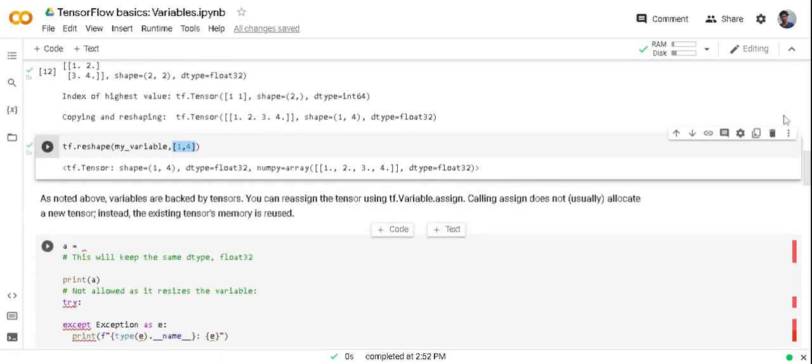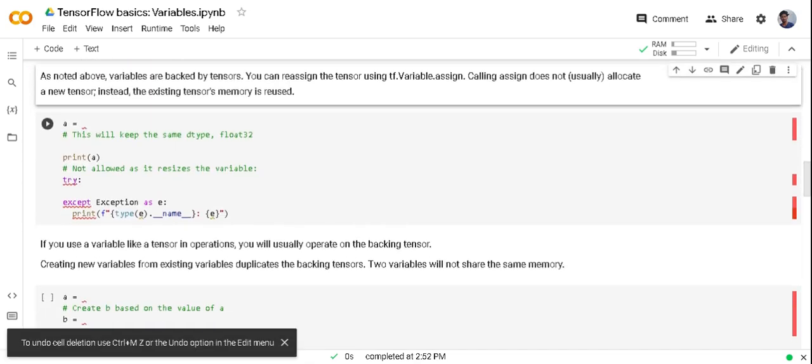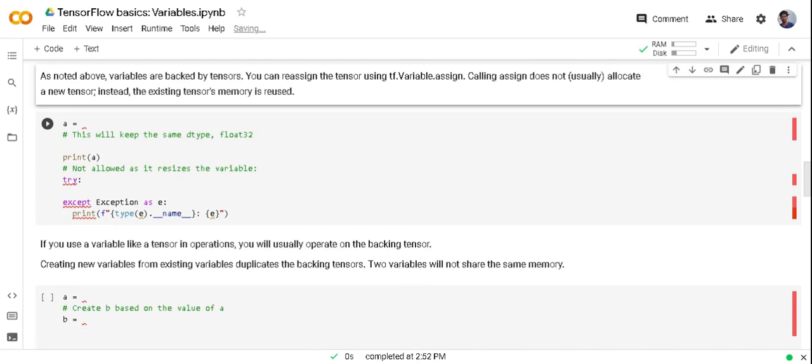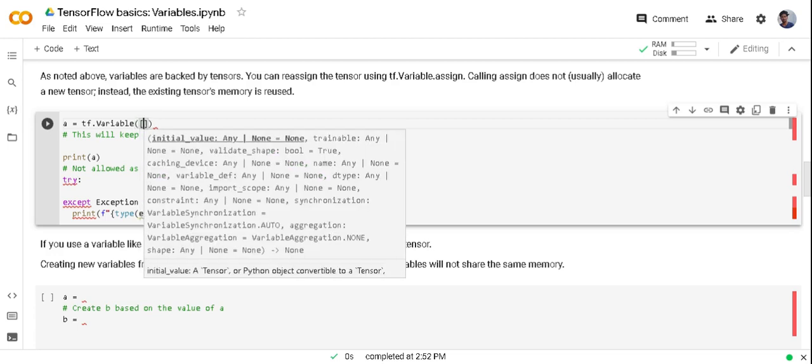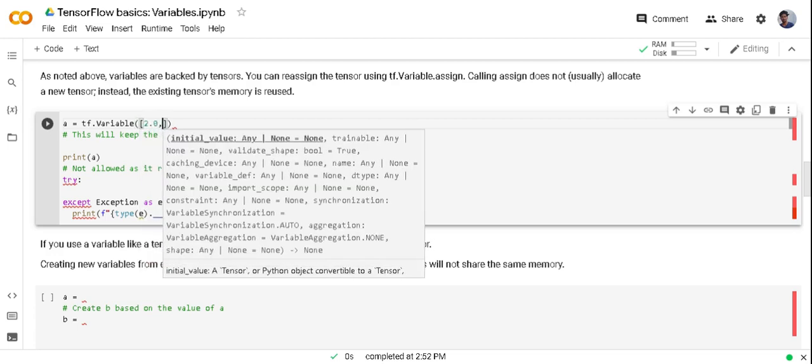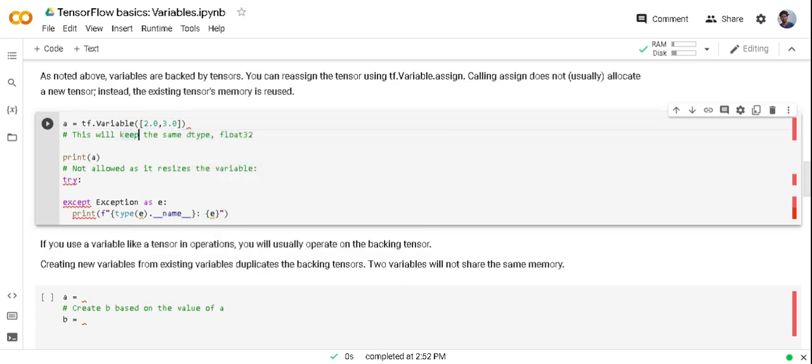To change variable values, there is a function assign which will change values of variables. Okay, first let me create a variable to show you how to assign or change variable values later. 2.0, 3.0.